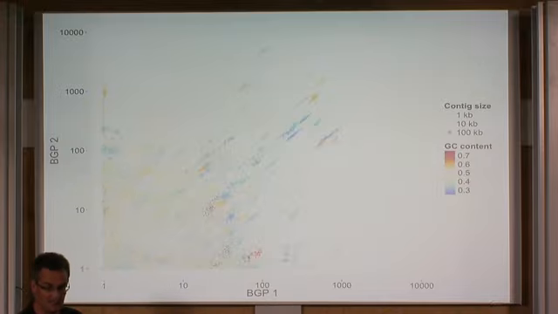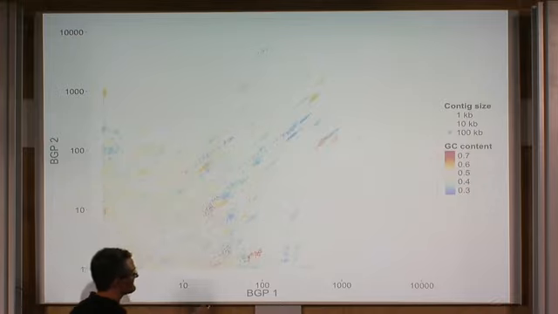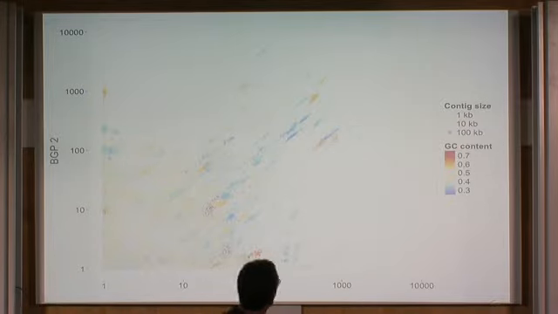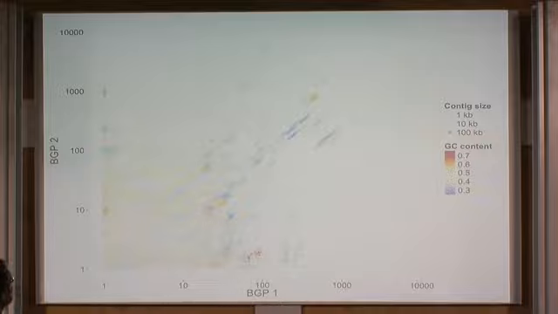Each dot is a contig, and this is showing the coverage of this contig in sample number 1 versus the coverage of this contig in sample number 2. So in sample number 1, this has a coverage of like, I don't know, 200, and here it has a coverage of 10 only, right? Okay, so it's more abundant in sample 1 than in sample 2. Yes. Right. Okay, and a binning tool should pick up something where the coverage is actually the same, right? At least in one sample.